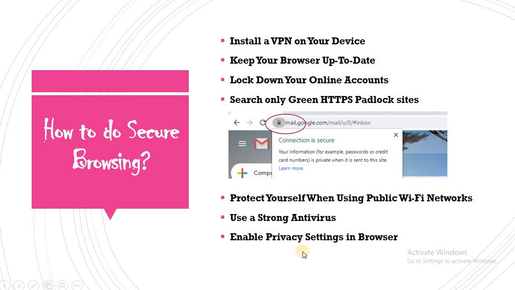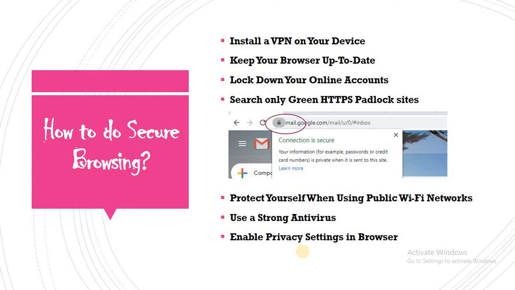Protect yourself when you are using a public Wi-Fi network. Always use your home network, not public Wi-Fi, because when you use public Wi-Fi, the hackers try to access your session.